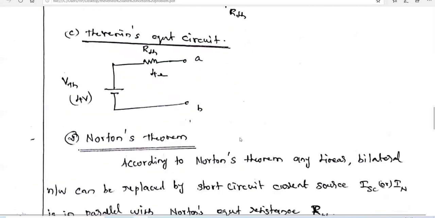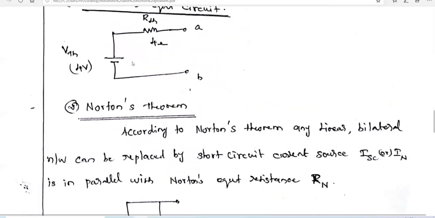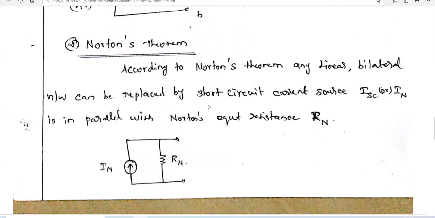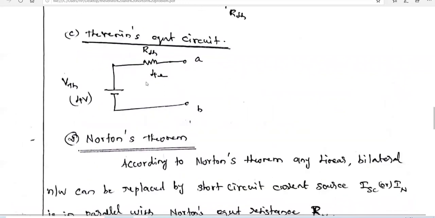Okay, this is the first thing. And the next one, we are going to solve the problem using Norton's theorem also. So what is Norton's theorem? This Thevenin's model is a voltage source model. The Norton's theorem is a current source model. So if we have one Thevenin's equivalent circuit, we can change this Thevenin's equivalent circuit into Norton's equivalent circuit